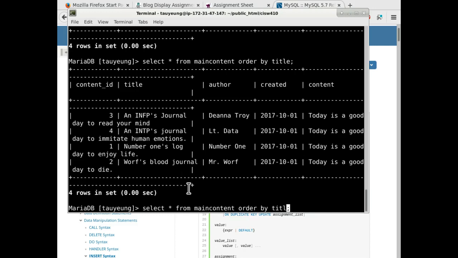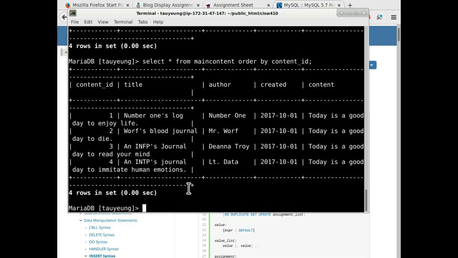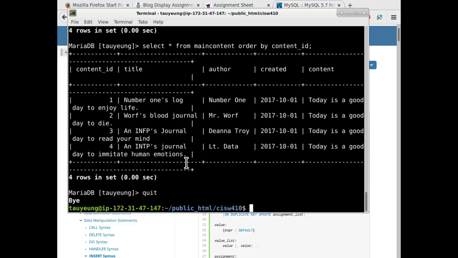Or we can go by the default, which is sorted by the content ID. That's the key of this particular table. And now they're all sorted by content ID. So you can see how just by specifying order by, we can change the way the entries are retrieved. So that's it inside the MySQL here. To get out of the MySQL prompt, you can type quit, you can type exit, or you can type Control D on the keyboard to get out of the MySQL or